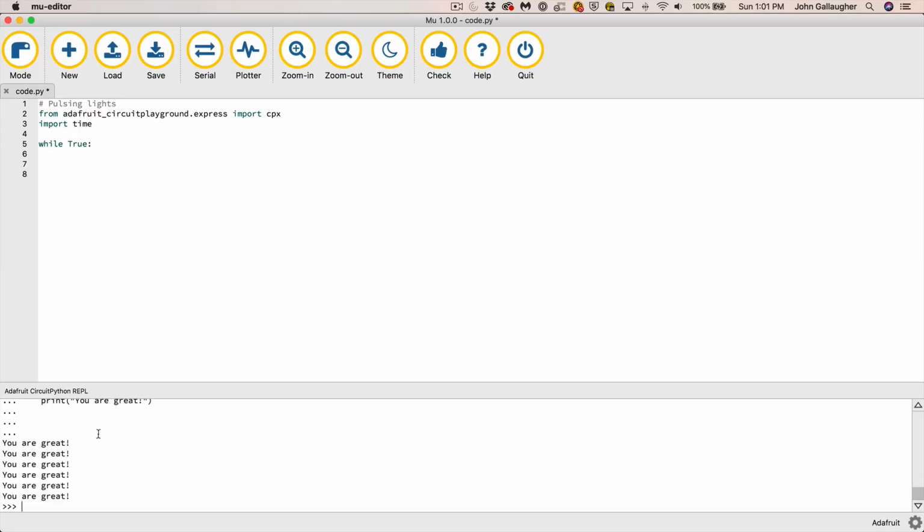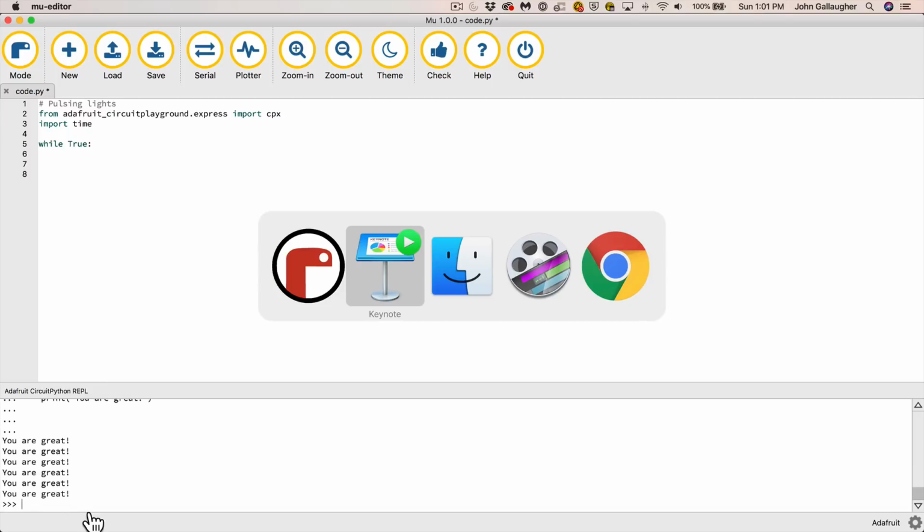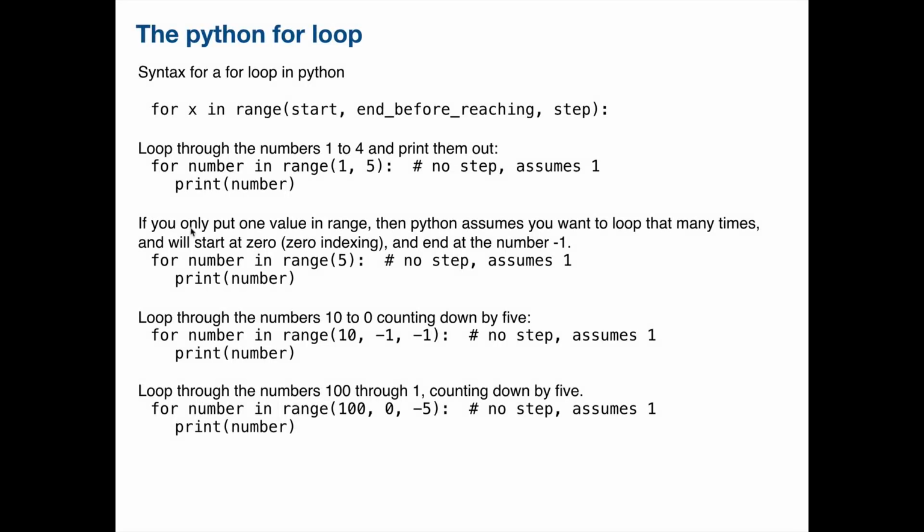And then we see, you are great, you are great, you are great, you are great, you are great, you are great. It did this 6 times. It started at 0, and it went through 6 minus 1, which was 5. So 0, 1, 2, 3, 4, 5. That's 6 times that we've got there. Cool. So again, more syntax for us, and my students also have a link to the slides,